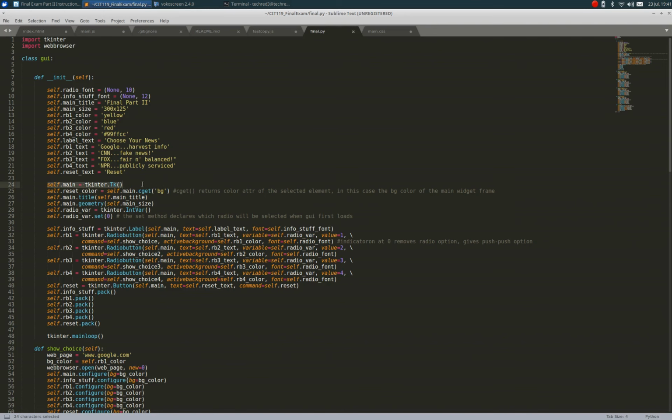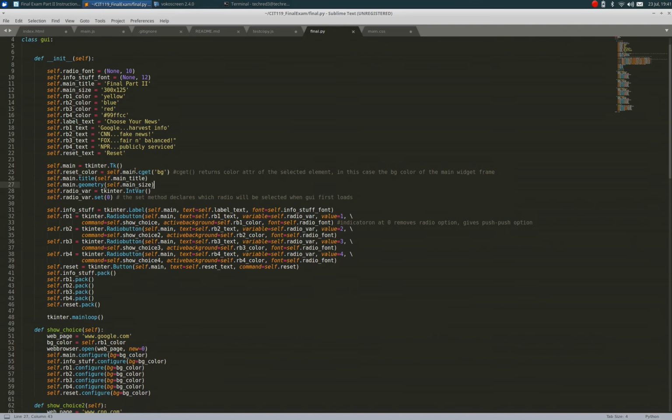And then this is a neat little method, this cget method, and I found this in the Python documentation online, through the Python webpage. Anyway, cget is color get, and you pass in an attribute of the widget to return the color. And so we plug this into self.resetColor, and then we can use that in the reset method function down below. So we pass in our title, and we change the size of the GUI, and we keep it empty,